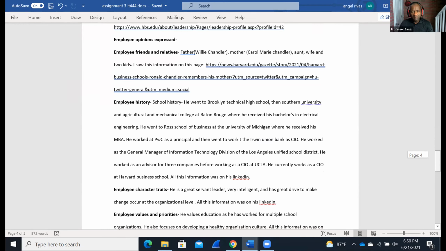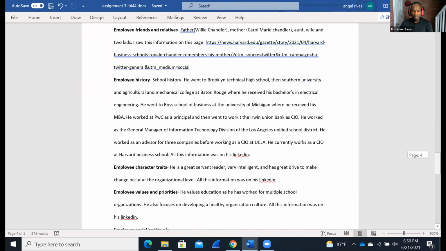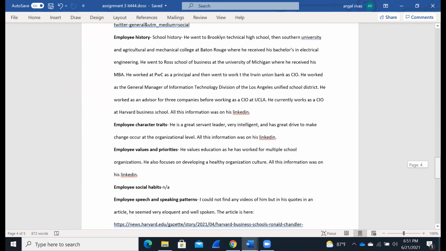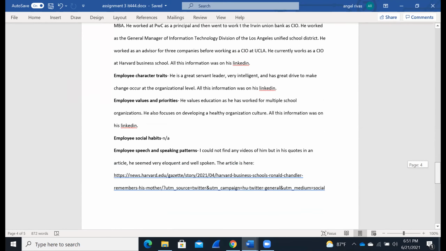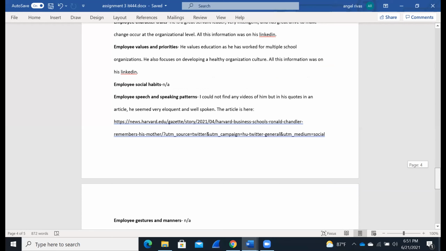Harvard Business School is a very prominent place, right? It's a prestigious school. So yeah, prestigious. I feel like this is somebody that is worth the attack, right? He must have some money, right? He's on the board of directors, it said, on his LinkedIn. So there's a lot of information there that I felt was more specific compared to the company one that I did.